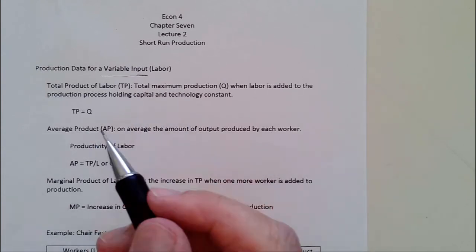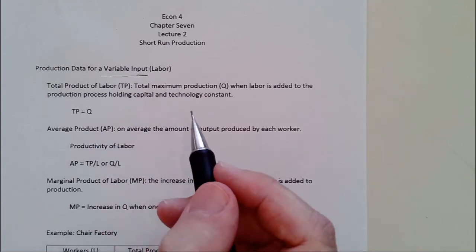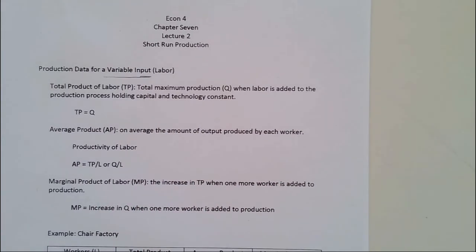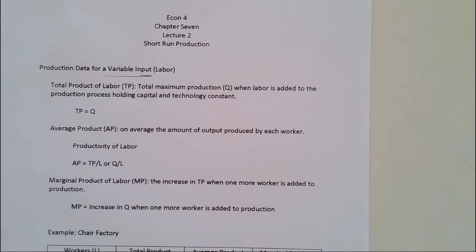So if we produce more, we need more of this input. Produce less, we need less of it. When we keep track of our variable inputs, we keep track of them through three different kinds of data collection. And if you talk to any business, I'm sure the owners of the business will be able to recognize these three different kinds of data collection.